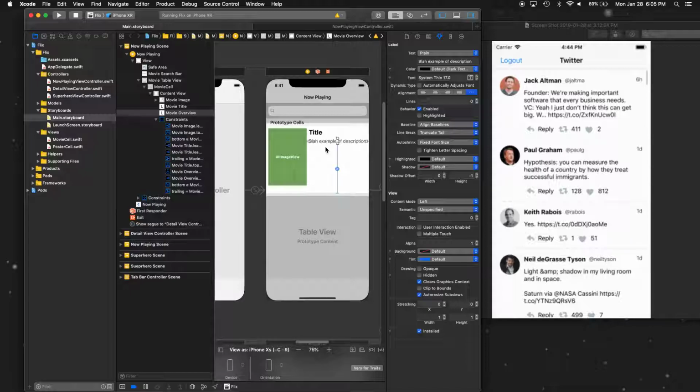Let's see the bottom space. You have to make this for the image equal to or greater also. So go ahead and make that equal to or greater. There you go. And then for the description, make sure that you have greater than or equal to, and go ahead and switch this